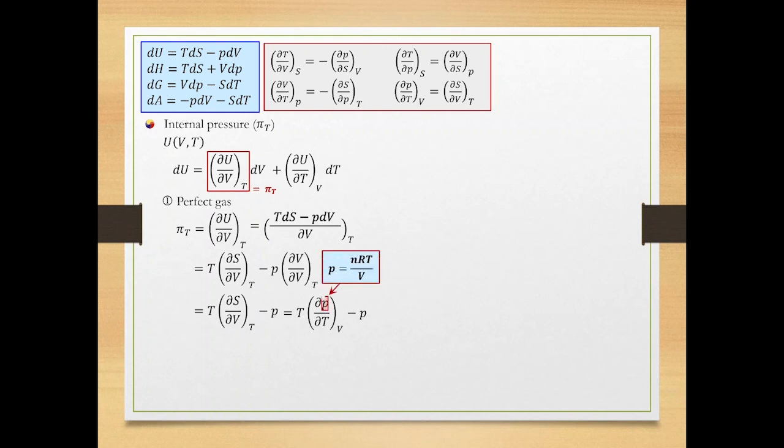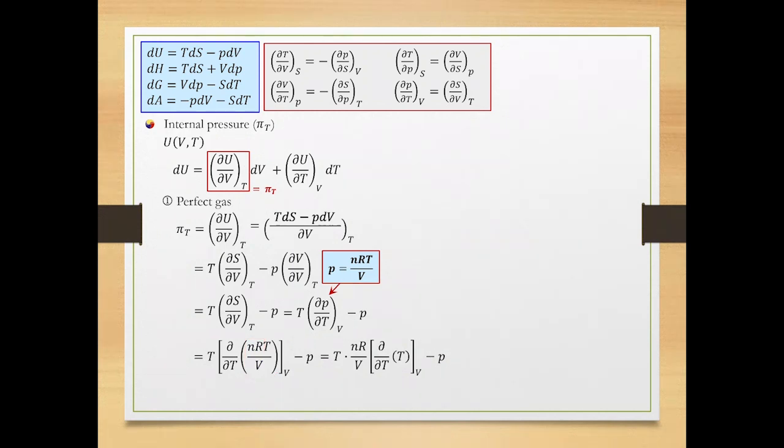Modify the perfect gas equation with respect to P and plug it into the equation like this. Since the V in the square bracket is a constant, and moles in a closed system is also a constant, and R over V is a constant as a whole. As a result, you may bring it out of the partial derivative.